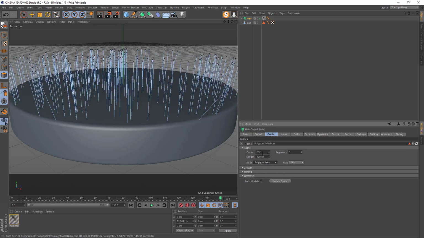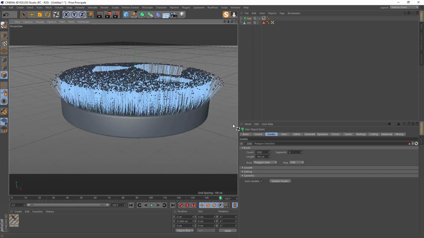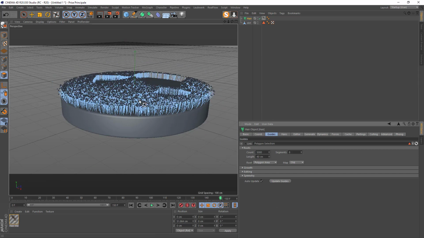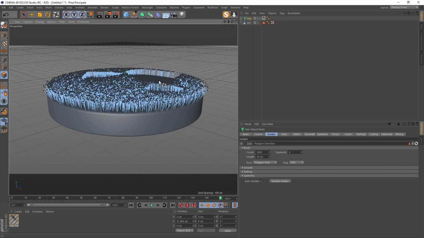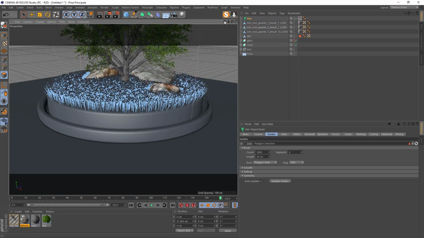You can go to polygon area and increase like 5,000. Make it 40 tall, hair length 8, you see. And we got grass everywhere except under the rocks. So it's okay. Let's see what we have.